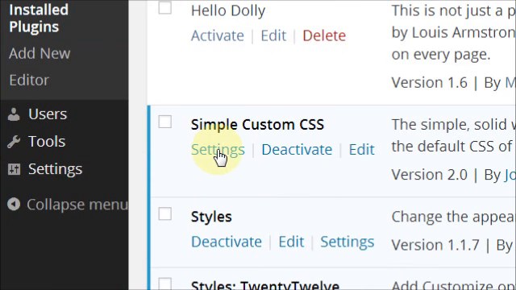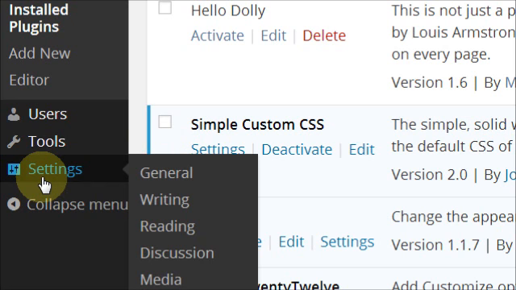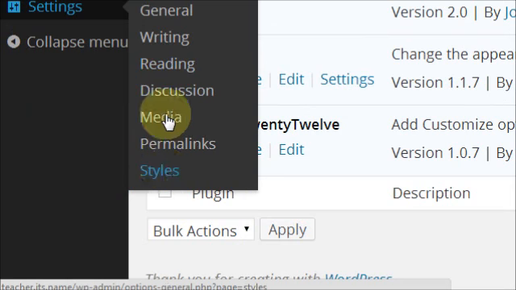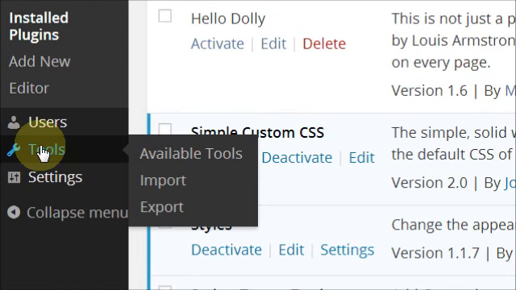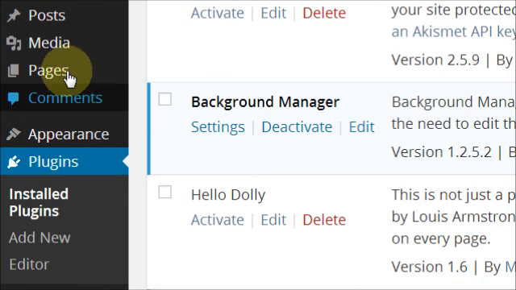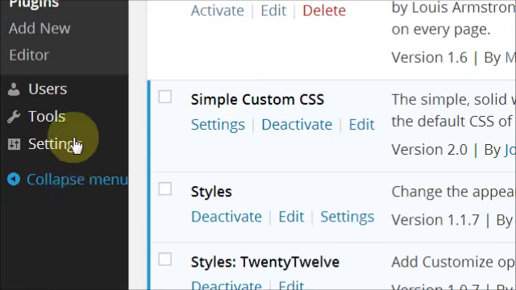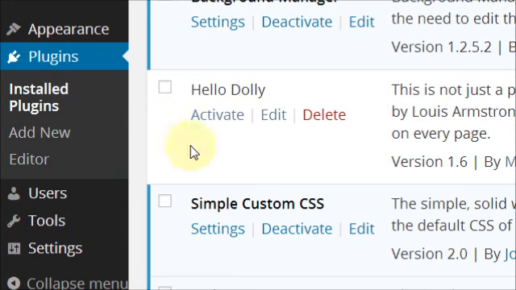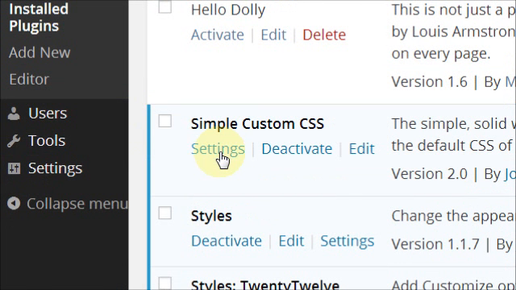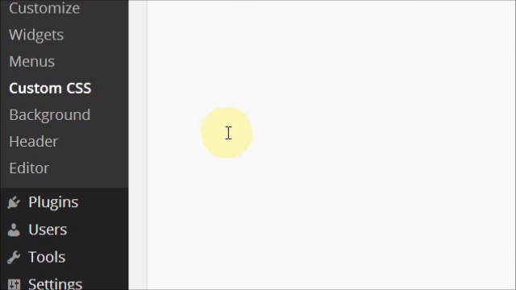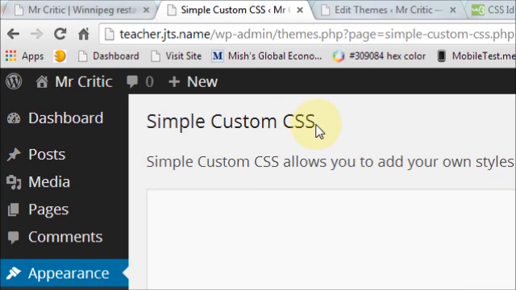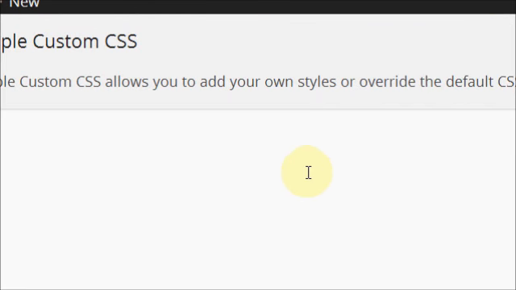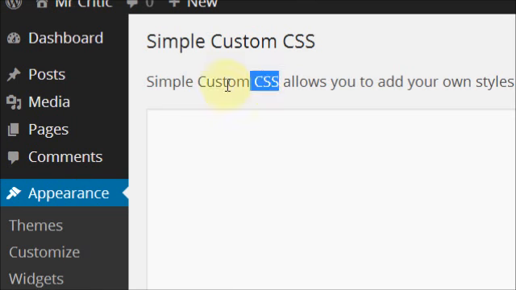And here we can see the Simple Custom CSS is installed, and there's a settings option there, and it may also appear in here. No, I don't see any. Let's see if there's anything else here. Pages. No, doesn't look like it's on our sidebar here. So let's just click on the settings here. So now we're on the Simple Custom CSS page, and on this page we can enter our own custom CSS,